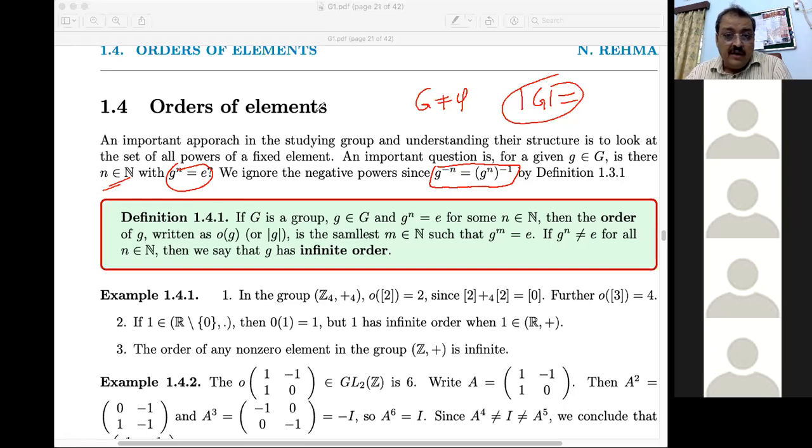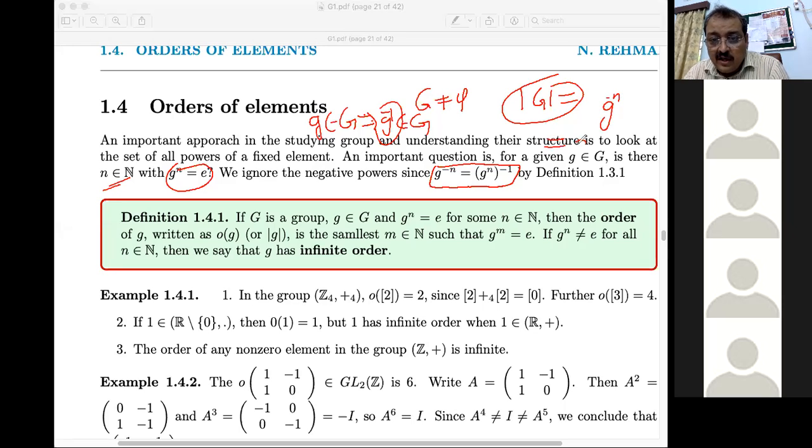Because if g is an element of a group G, then this always implies that g inverse is also an element of G. So g belongs to G, then g inverse is also an element of G. That means when we talk about negative powers, g to the power minus n,